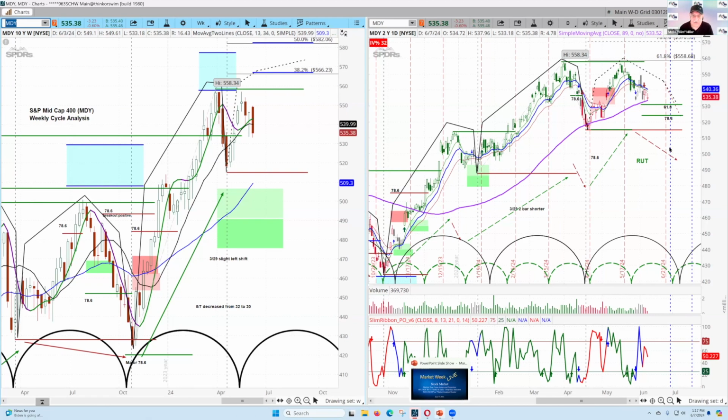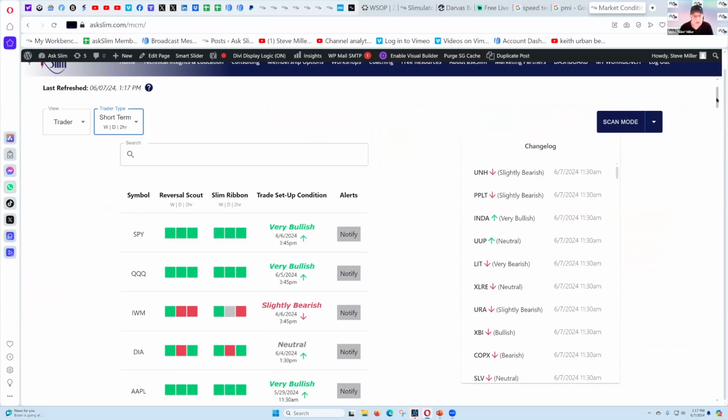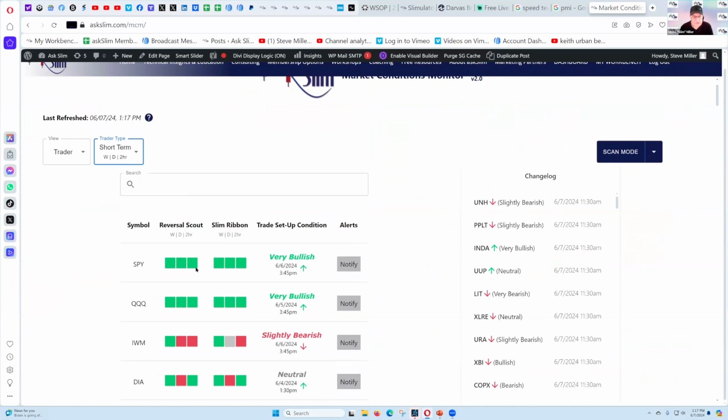I'm going to switch over to the market condition monitor, the MCM, and our new pro version is going to be launched next week, which will allow you great ability to be notified when these things begin to change. You can see right in here what's going on is that the S&P 500 and the NASDAQ have both been very bullish here on the short term. So if you're a short-term trader, that's how I have it set up. But you can see in here the IWM turning slightly bearish, the Dow at neutral right in here. And that is showing you that there's this deterioration in the conditions. Our algorithms are built in here, and that is telling you that there are things changing.